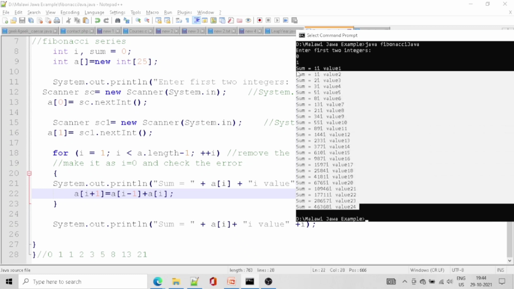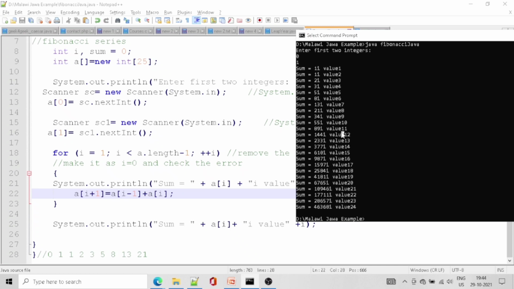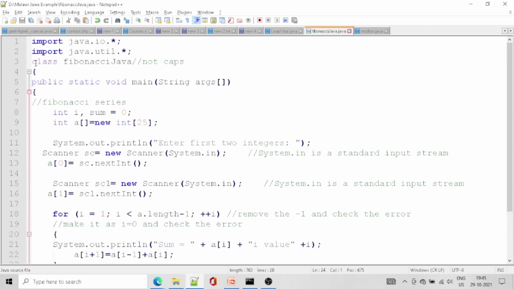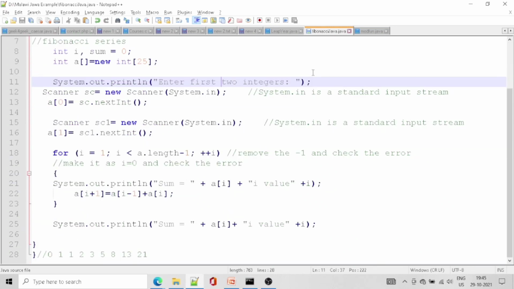Now I hope you can understand what really happens inside the loop. So in this way you need to check it out. We need to create some errors. Without making some errors, you cannot know what has been happening inside the program. Remove the minus 1 and check the error. Likewise, if you put some typos, it shows a lot of errors, but actually the problem resides in a single character. So that's the way we need to think.